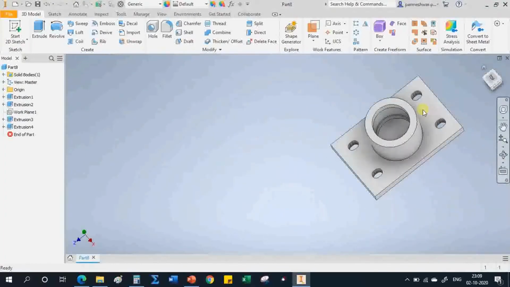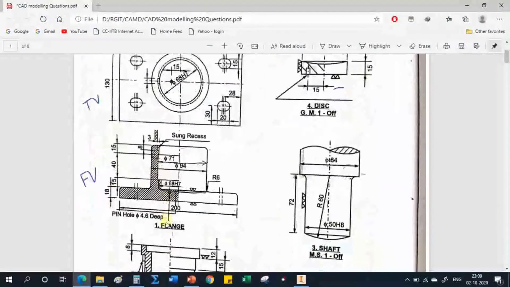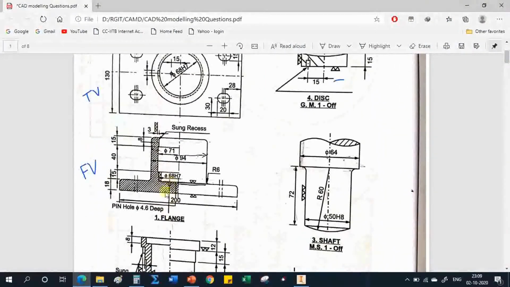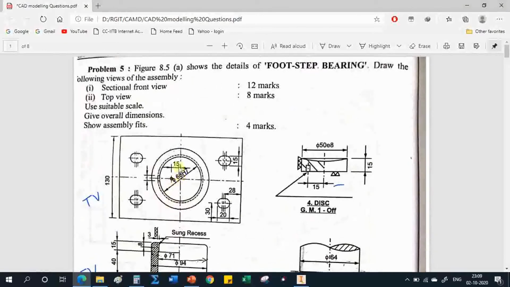Now later on, add here there is a pinhole of diameter 4 mm and 6 mm deep, okay, and the distance of this pinhole from the center is 15. Here it is, okay.